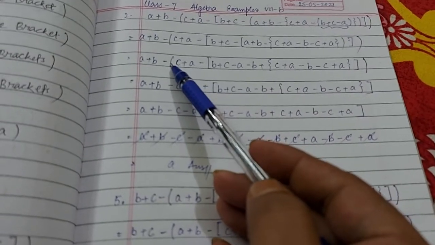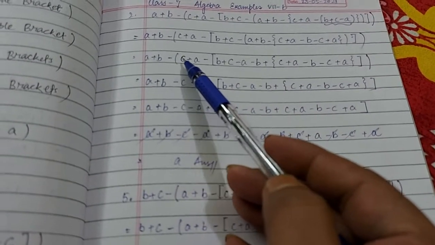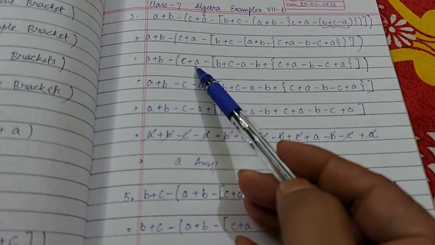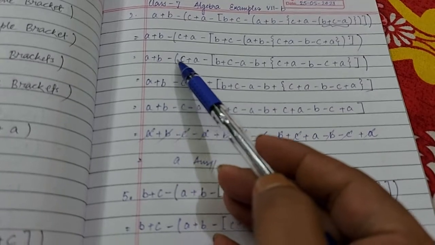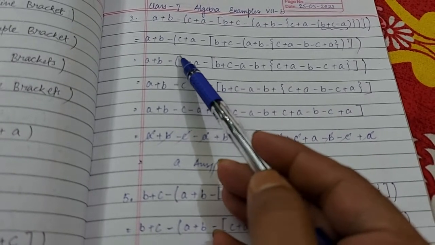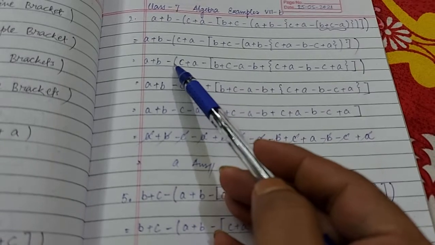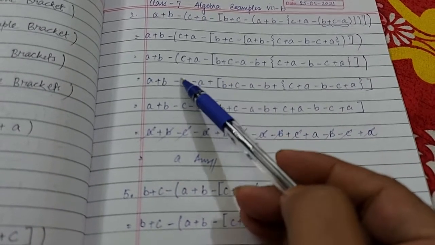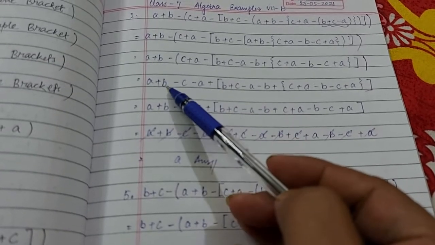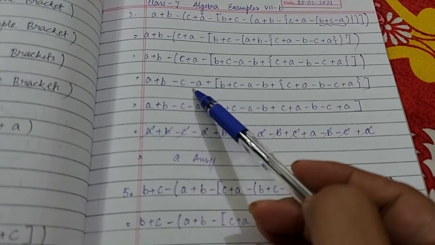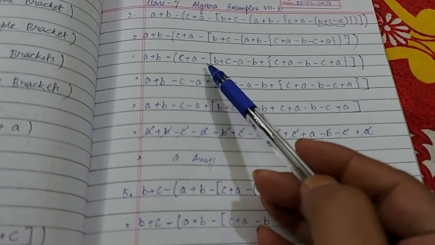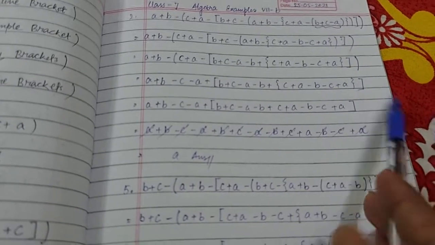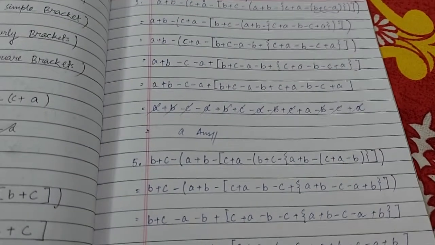Now again we will remove this bracket. Again there is a minus sign, so we will multiply, or we will just simply change the sign that is inside that bracket. Either we can multiply, or we can write the opposite of whatever sign is after this simple bracket or small bracket, that is, if it is plus we will make it minus, and minus will be changed to plus. Now we'll write this as it is. Now we have completed the work of the small bracket.